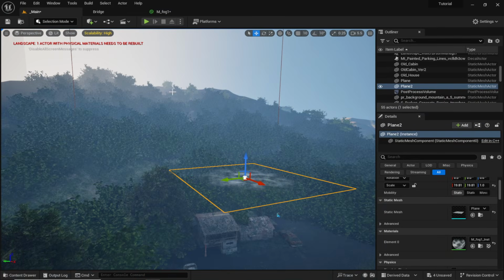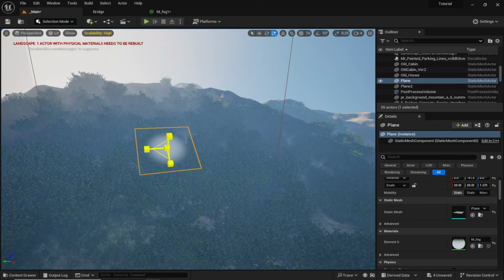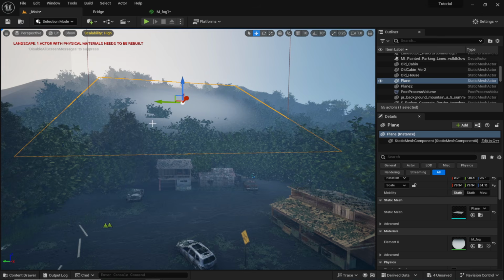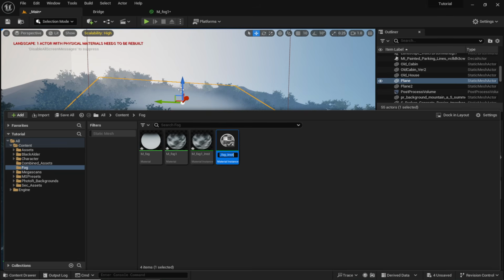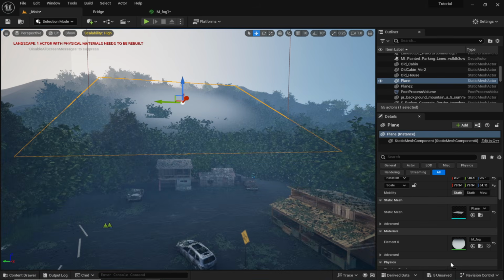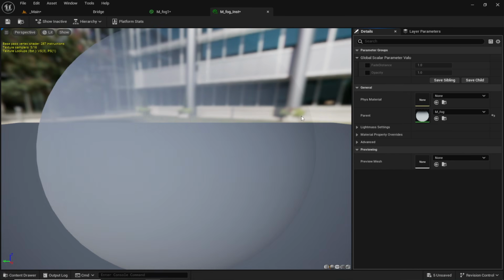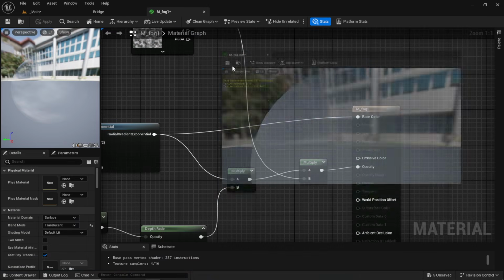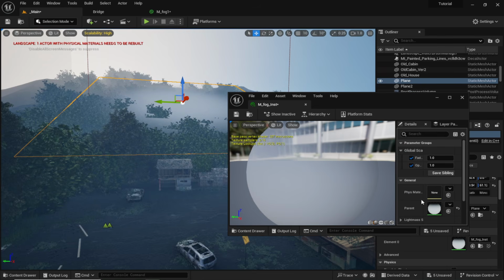Okay, so now let's start placing the fog over here to create some atmosphere. First, I'm gonna place this fog over here, just like that. As you can see that the fog is too sharp, so we're gonna make it soft. So for that, just create material instance of this fog and then put the material instance over here. Now double click to open material instance and we can enable fade distance and opacity of this fog, as you can see. Now we're gonna increase the fade distance, just like that. It looks great. Just put it over here,